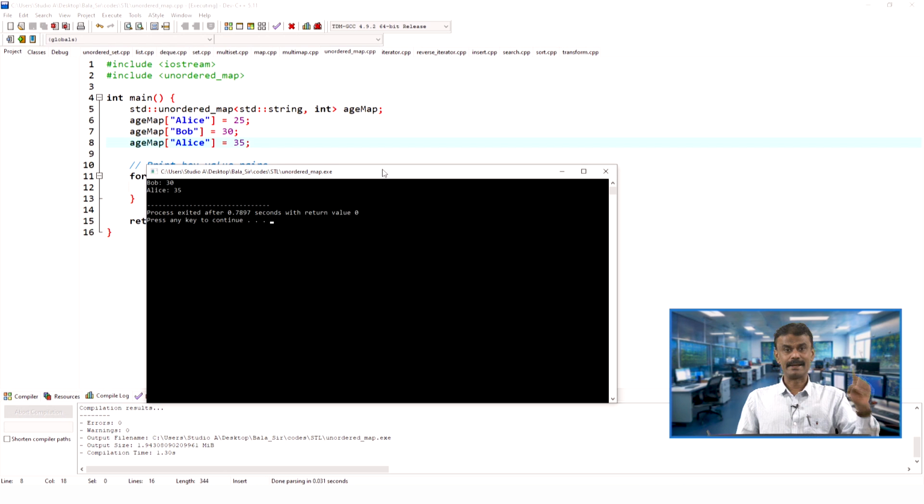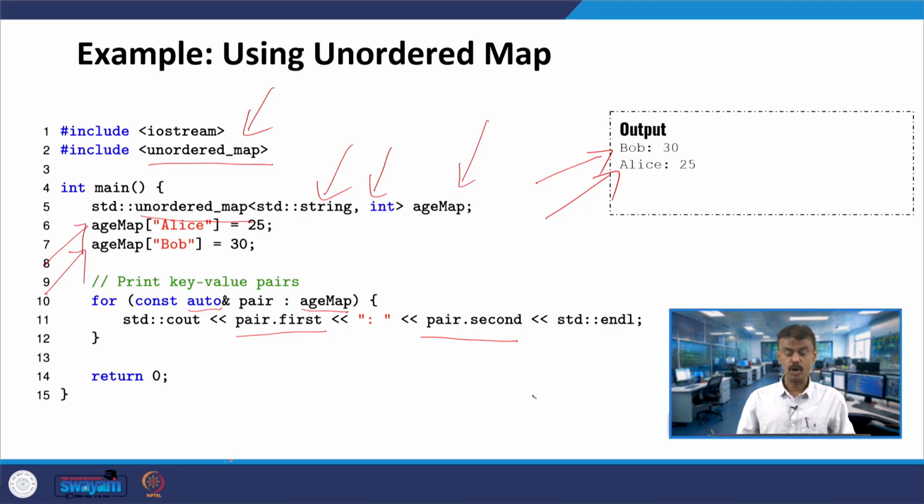You can try what I am giving as an exercise, you try with the unordered multi-map. In fact, we tried an ordered multi-map, and I gave an example. Now, I am giving an assignment. In the case of unordered multi-map, if you run the same code, can you tell me what will happen? So, 2 times Alice will be printed in that particular C++ code that we had just now seen.